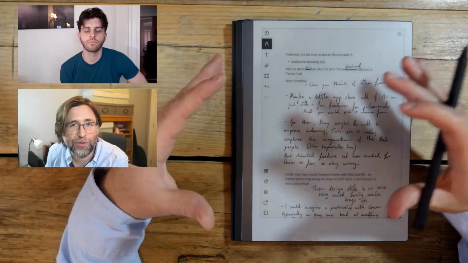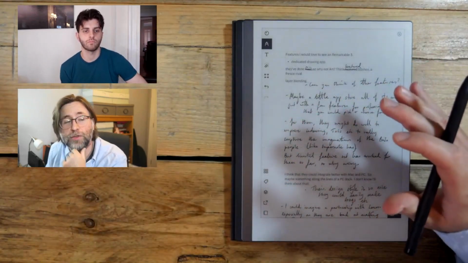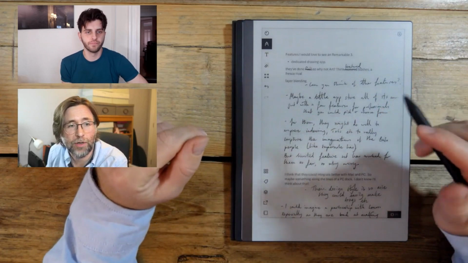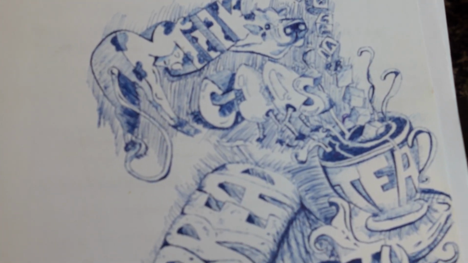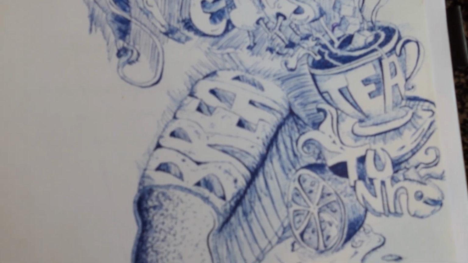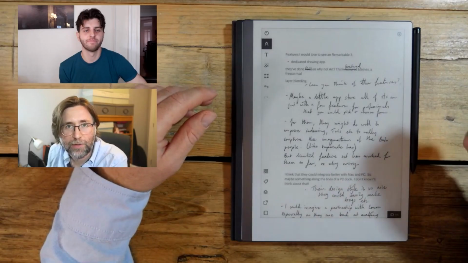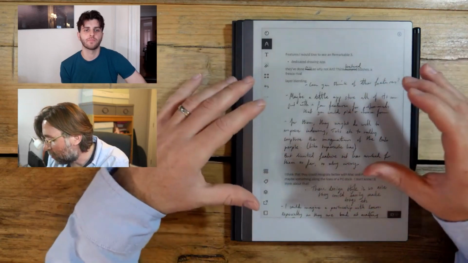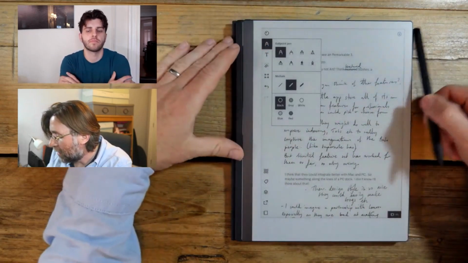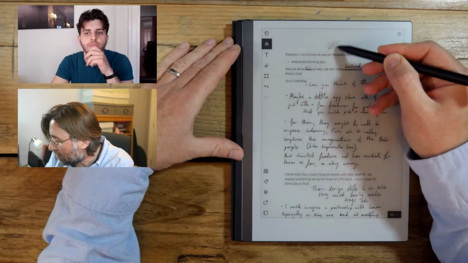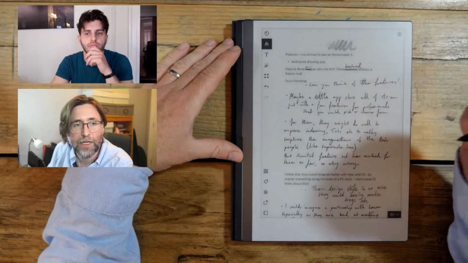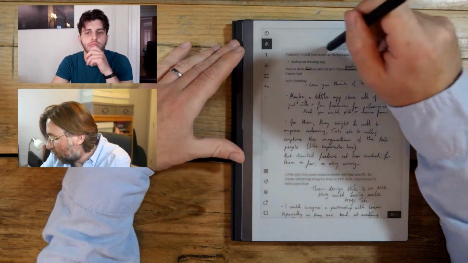Because when I first picked up a reMarkable, I don't know about you, I know that you draw as well, don't you? I know that you're very interested in drawing as well, and I know that you, like me, haven't found anything that's totally replaced lovely paper sketchbooks. But when I first started drawing on reMarkable and using the pencil tool, I was like, wow, this is actually something that feels immediately like real pencil. But what I want from them, I want,